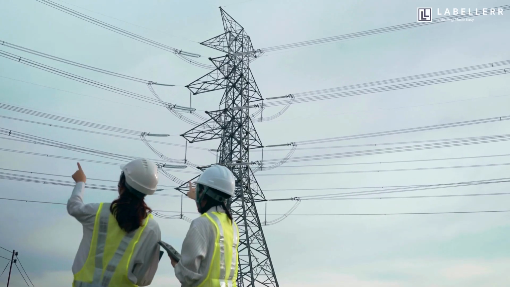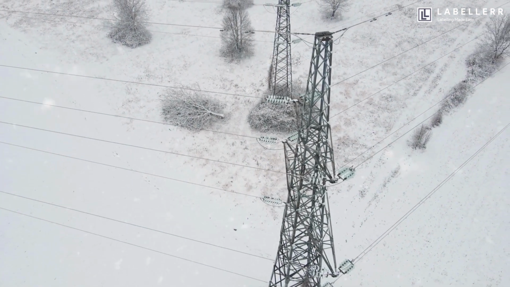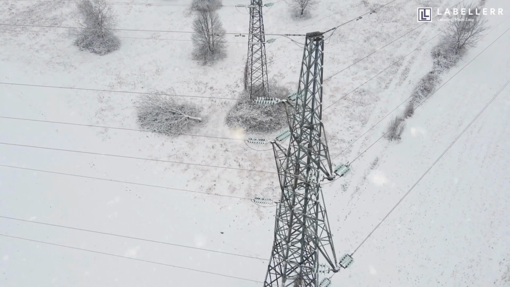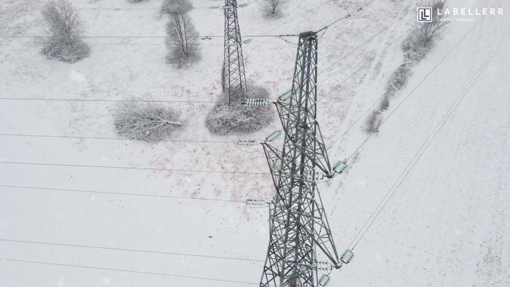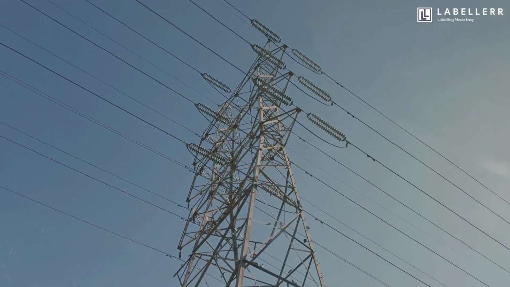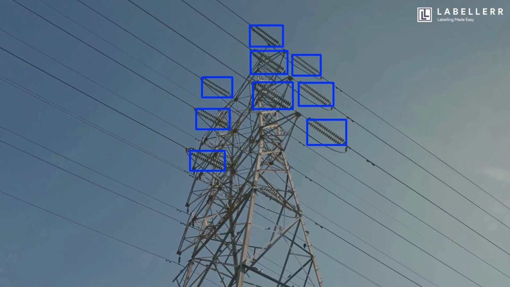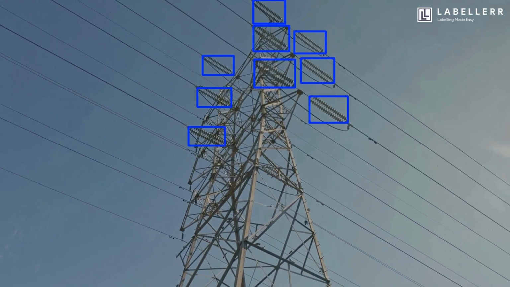Computer vision solves these challenges by turning drone-captured images into automated insights. From detecting damaged insulators to identifying loose fittings, CV models can analyze every frame with consistent accuracy. Here, you can see a quick inference result. The model identifies insulators on the Powerline structure and highlights them in real time, demonstrating how AI can assist field